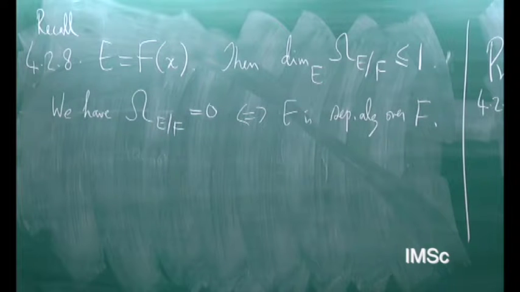Now, if the transcendence degree is 0, there is nothing to prove here. I am just trying to point out that 4.2.8 is just a rewording of this. Okay. So we are going to do this by induction, and we are going to refer to that. So it's important for us to recognize that as a special case of this.